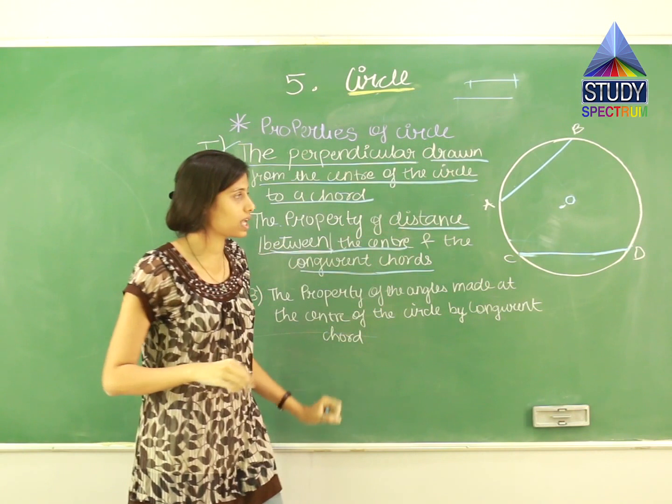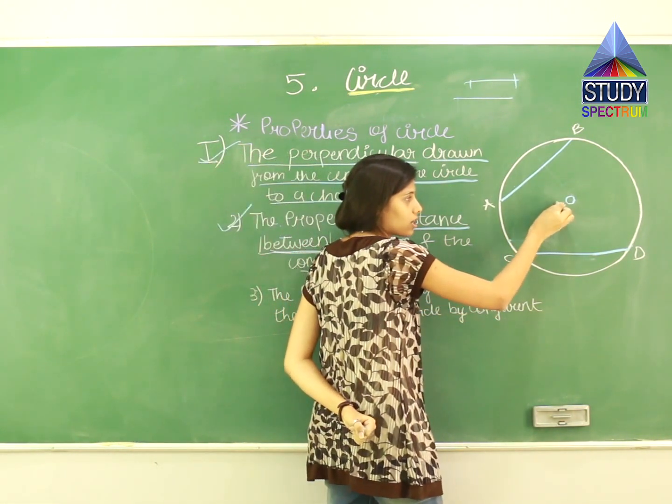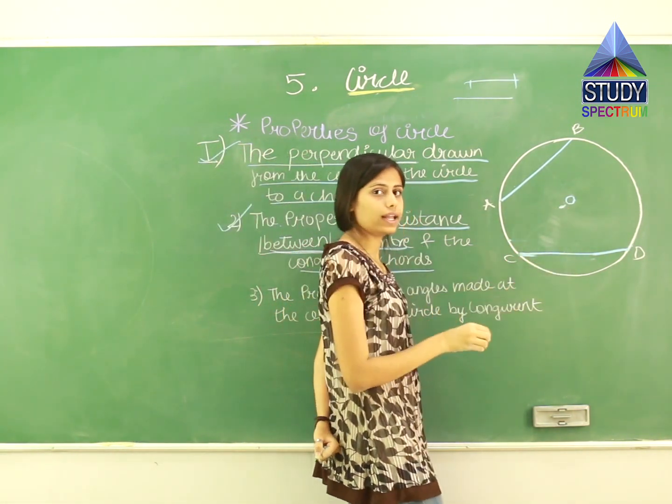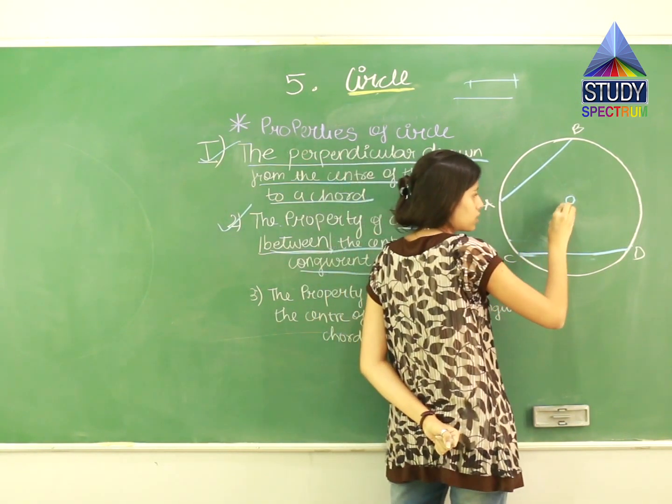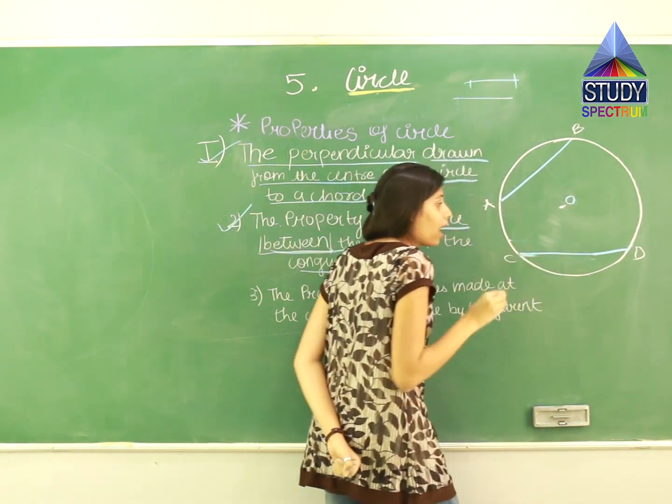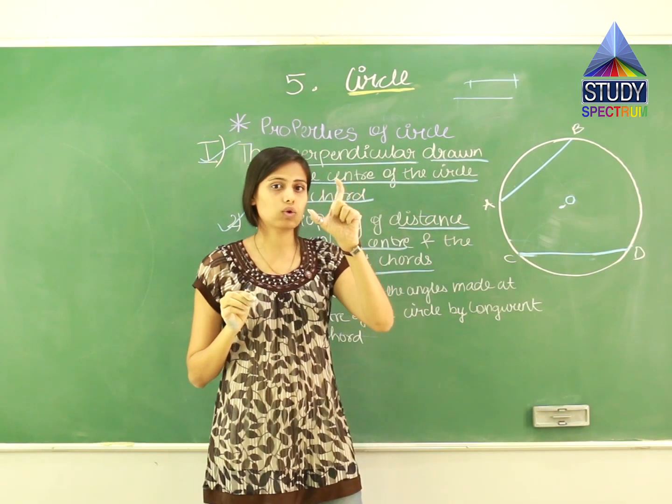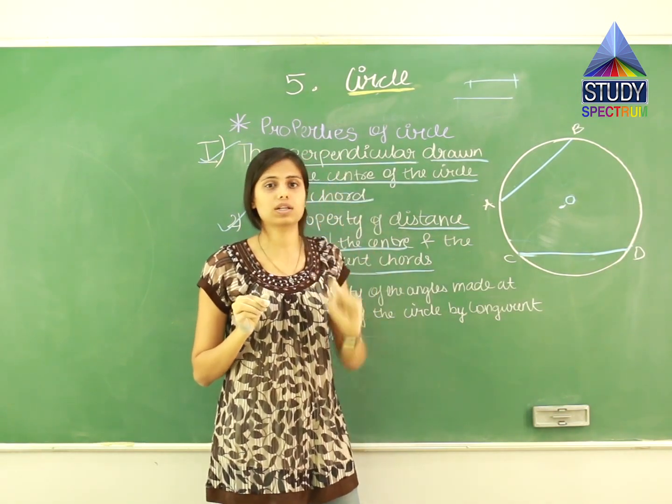So over here we will do the same. Over here there is a center of the circle and a chord. So let us join them to find the distance. So this is... and remember there should be a perpendicular. You have to draw a perpendicular to measure the distance.